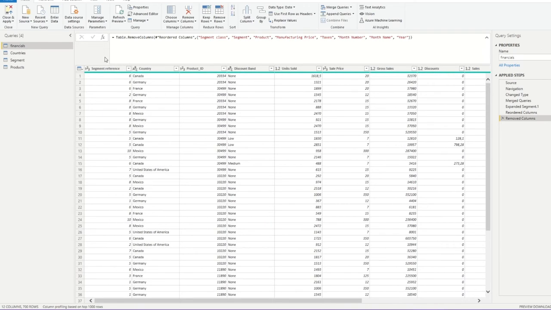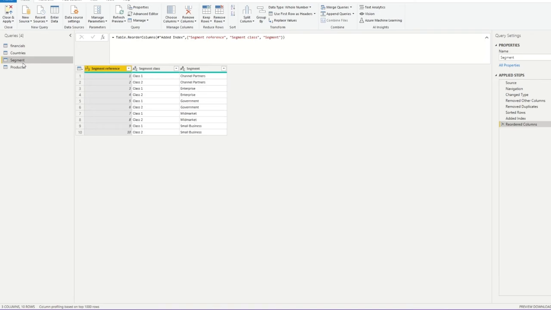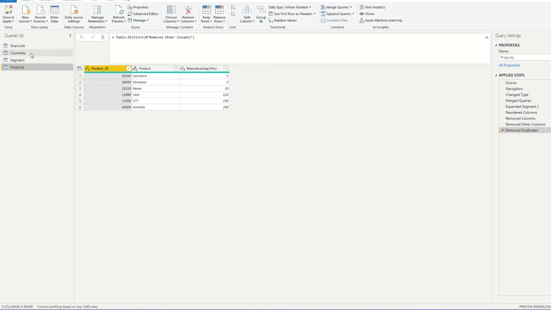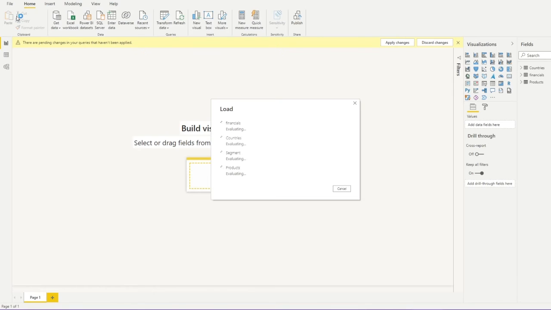It's flatter, with fewer columns and lots of rows that are going to give us our information, and then we have three smaller tables that give us precise information. So let's close and apply and make some very simple visuals with it. As it's loading,